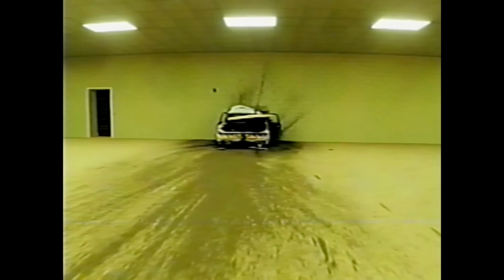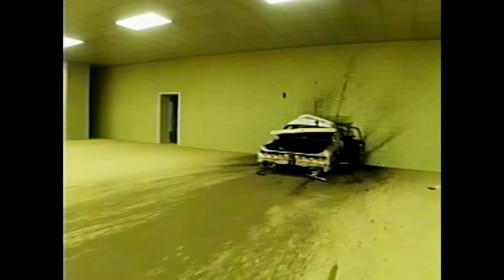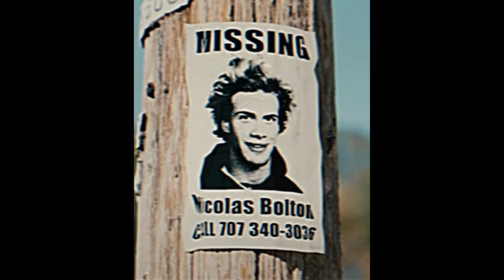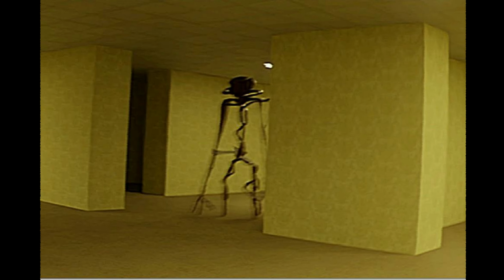This might have happened when someone was driving and the car suddenly fell through the ground and crashed into the wall. A question I do have is, where did the driver go? In the video, you can see body marks on the ground leading to more rooms. There is a possibility that the body marks are from the driver after crashing, but then where could he be now? Something I've been wondering for a while now is, what if the people who have died so far in this series, or even off camera, are the monsters roaming around in the backrooms? It's a possibility, but it's also a long shot.